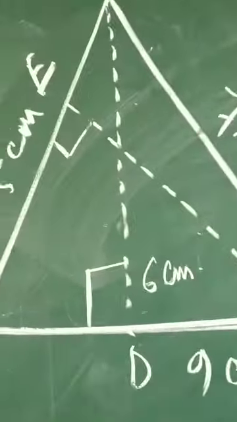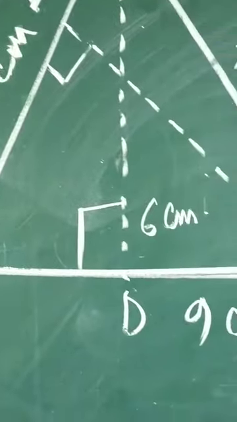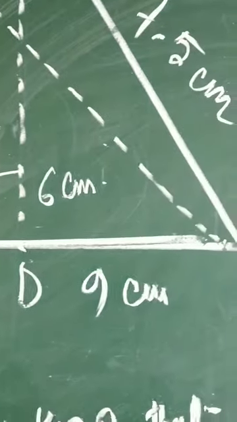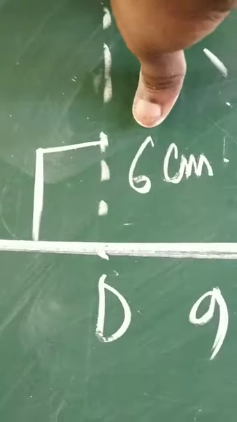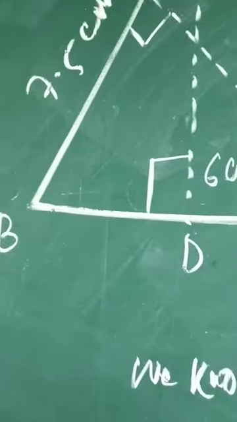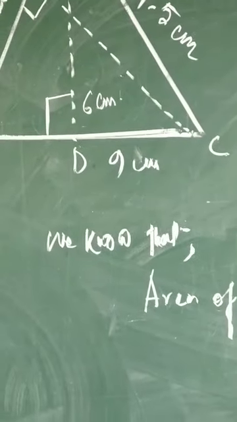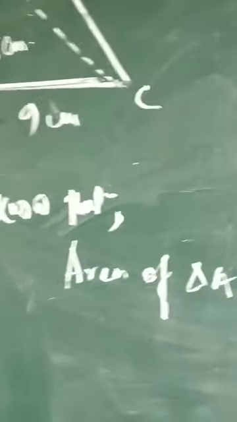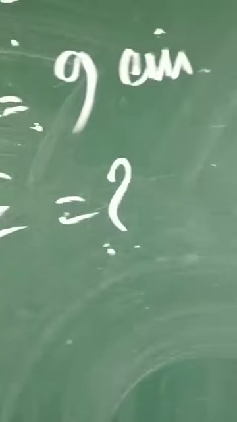Children, if I take CE as height and AB as the base, and find the area of this triangle once again, I'm telling you, you will get 27 centimeters square for sure. No matter whether you are taking this one as height and this one as base, or this one as height and this one as base, it doesn't matter at all. There is no difference at all. Area must always be the same. So children, now I'll find the measure of CE using this trick which I've already used in question number 7.